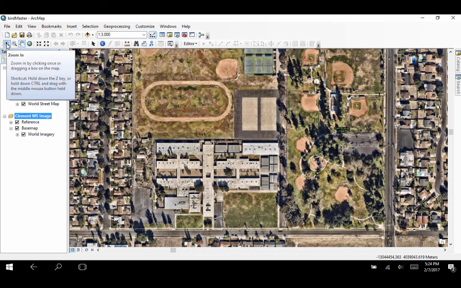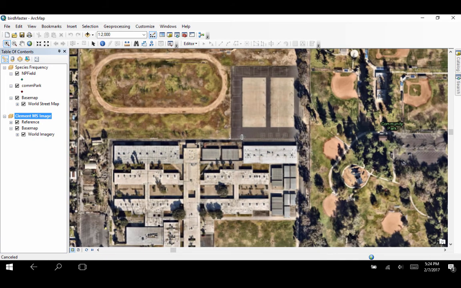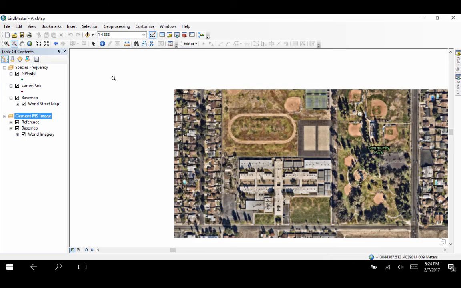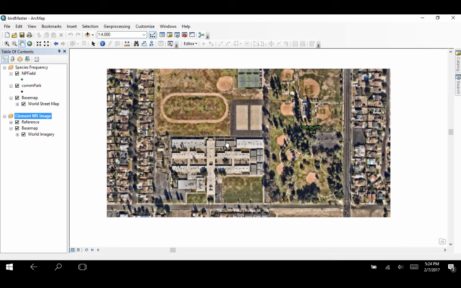There's so much potential here. We're just scratching the surface. So I can zoom in, and I can zoom back out. Be careful about getting out too far. That could end up causing you some problems that we can solve,